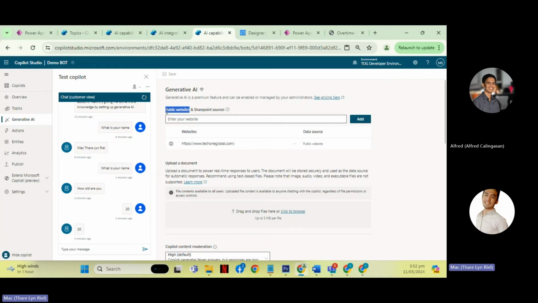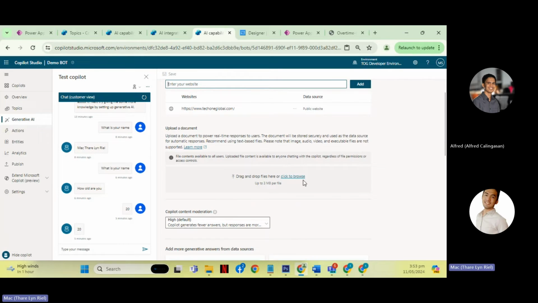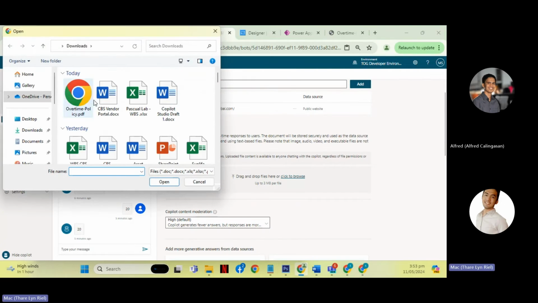If the website is public, you can use it here as long as the Copilot has access to that website. Also SharePoint sources. If you have SharePoint, you can also add it here, but I believe it requires some authentication. And then you can also upload a document.